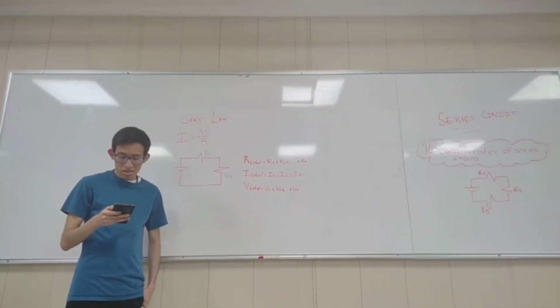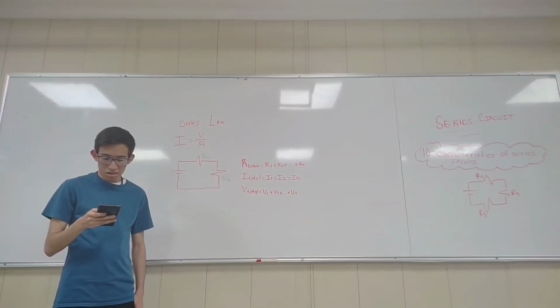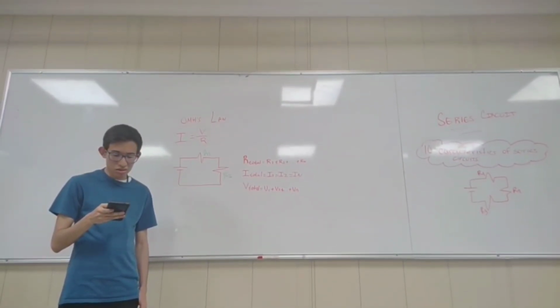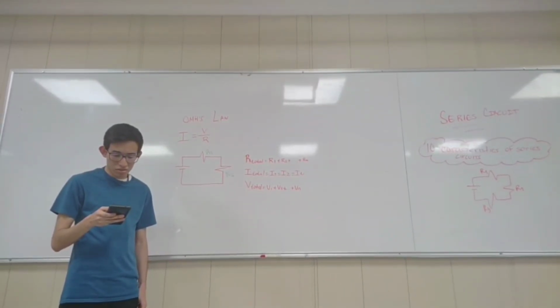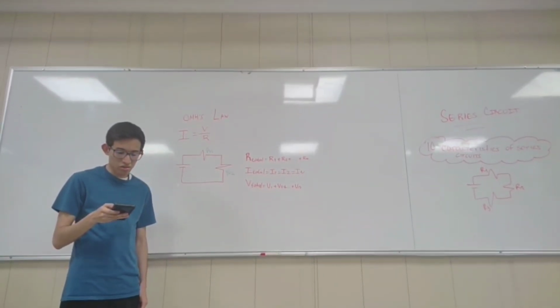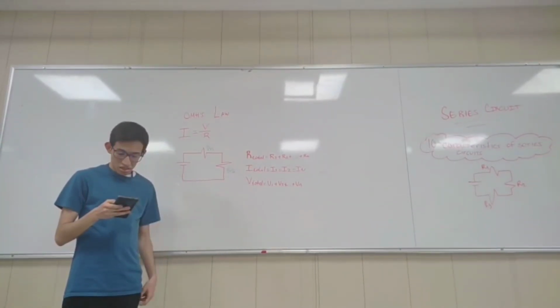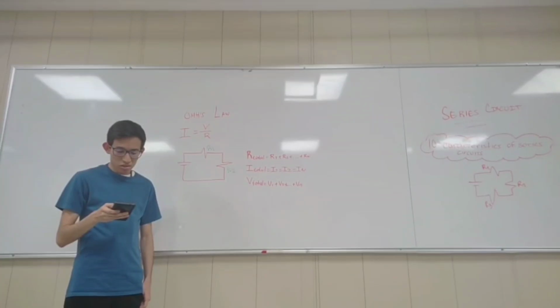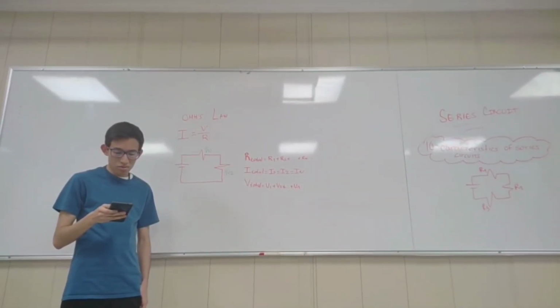Advantages: simplicity. They are easy to design and analyze. Economical. They require less wiring than parallel circuits. Constant current. The same current flows through all components, which is useful in certain applications. Disadvantages: component dependency. If one component fails, the entire circuit is interrupted. Voltage division. The voltage is divided among the components, which may not